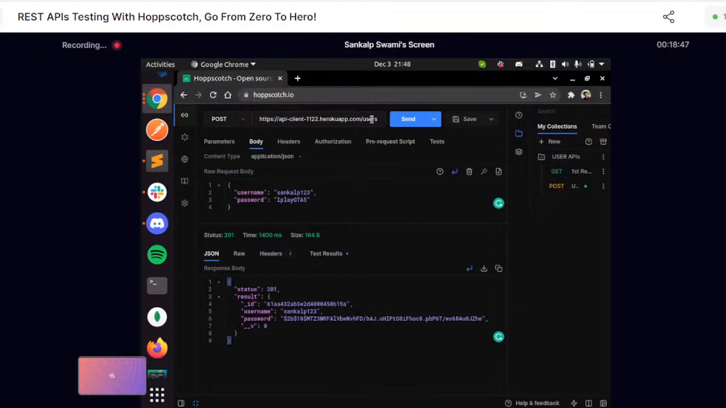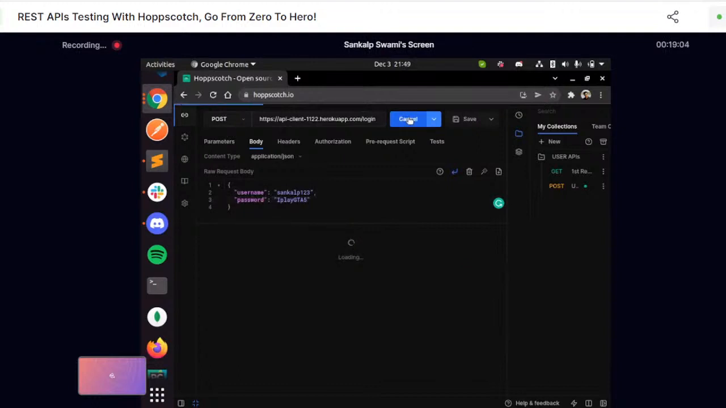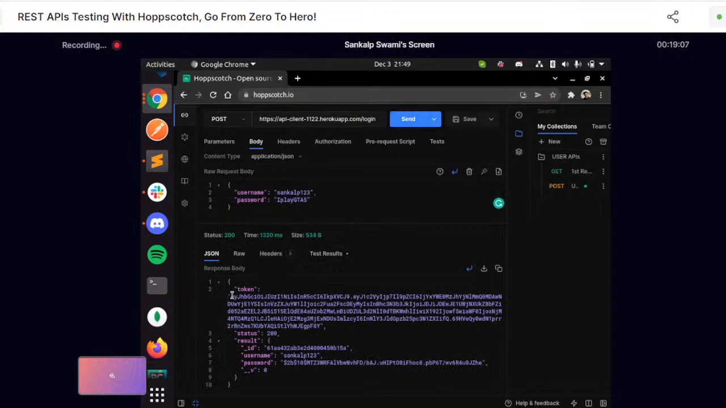And now next, we will go to login route. Just replace users in the URL box with login. And now with the same username and password, we will click on send button with post request method to generate an auth token. And as you can see, we have successfully generated auth token for our user, right? So we have logged in successfully. Status is 200, username is Sankalp123 once again, and our hashed password for I play GTA 5. So let's copy this auth token, and then we'll go to